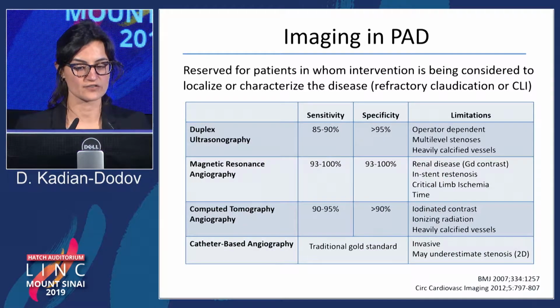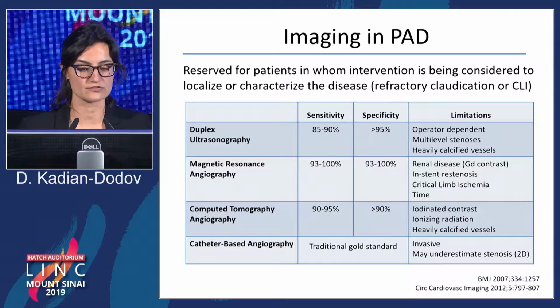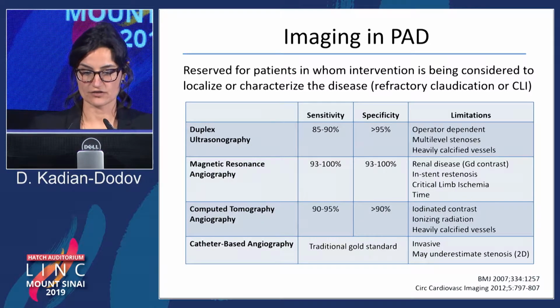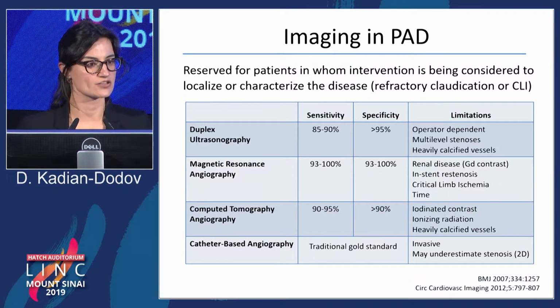Duplex ultrasonography is operator dependent, may not be as good for multi-level stenosis or heavy calcification. MR angiography you need to think about for your patients with renal disease, may not be a good option. And with critical limb ischemia, because it's time-based, you might actually get dropout and not get the full picture there. And for CTA, you're exposing the patient to some contrast and radiation, and you're going to get blooming artifact with